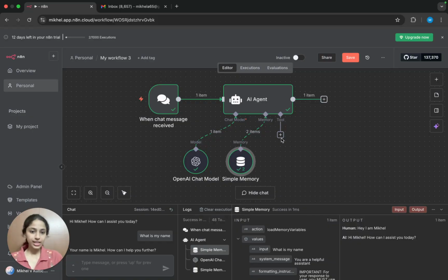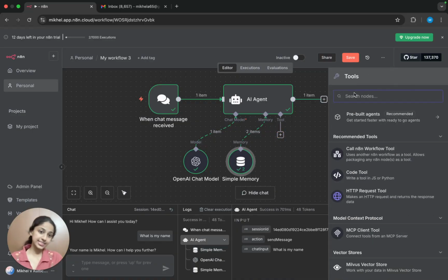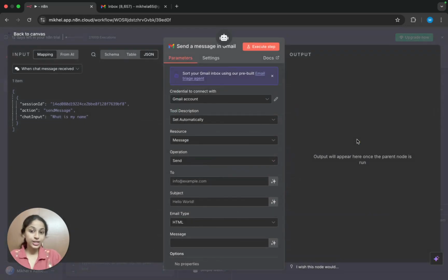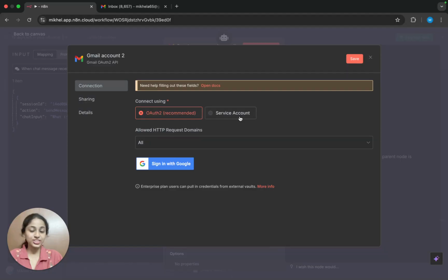I'll select Gmail. Just like I said, I'll be sending an email to my Gmail account. So you select the Gmail tool. There are a lot of other options also available. Here we need to connect with a credential. I have already connected my Gmail account. If there is no credential, you can click and create a new credential. Either you can sign in with Google, or if it is asking for some